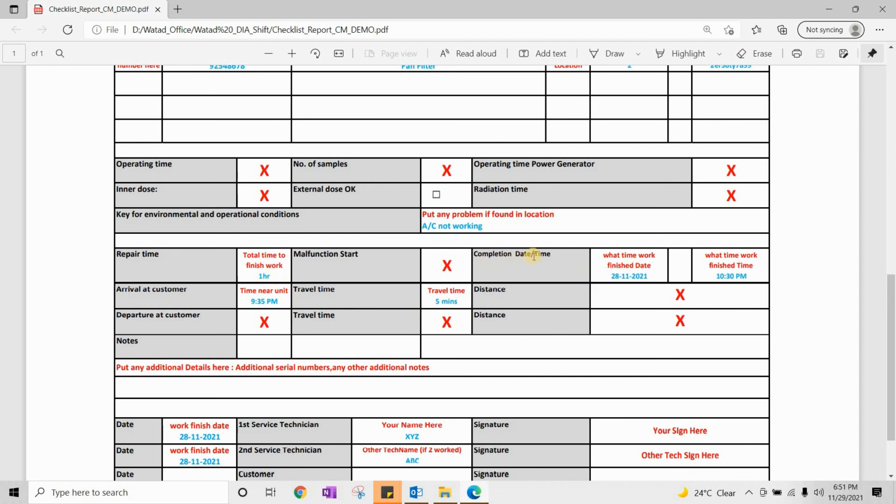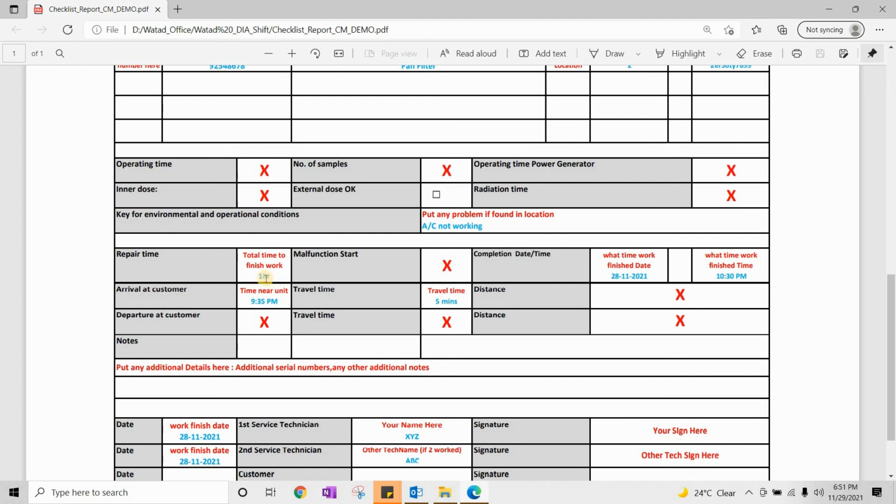So after that I have my completion date and time. I completed my work on 28/11/2021, and the work finished at 10:30 p.m. So from 9:30 to 10:30 it was 1 hour.